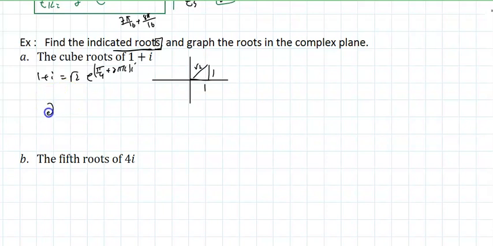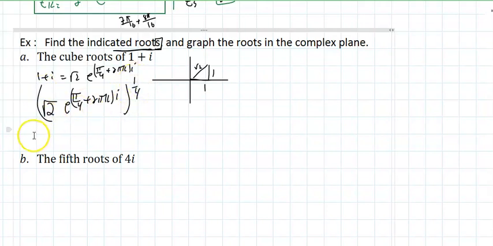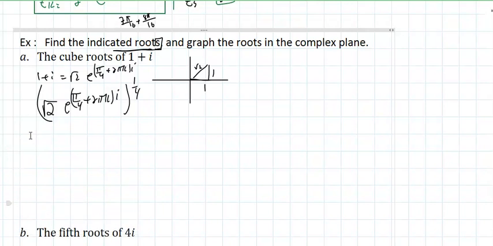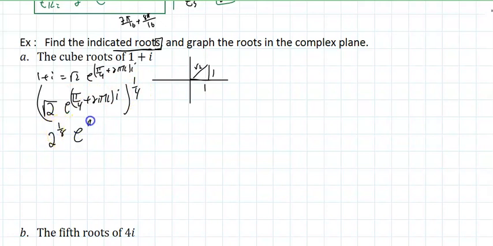We want to take the square root of 2, e to the (pi over 4 plus 2 pi k) i, and take the fourth root. Well, the fourth root is really raising this to the 1/4 power. Isn't that how it works? And that means I'm looking at 2 to the 1/2 times 1/4, that's 1/8 again, e to the (pi over 16 plus 2 pi over 4 k) i. So this is actually my z sub k, and to find the fourth root,